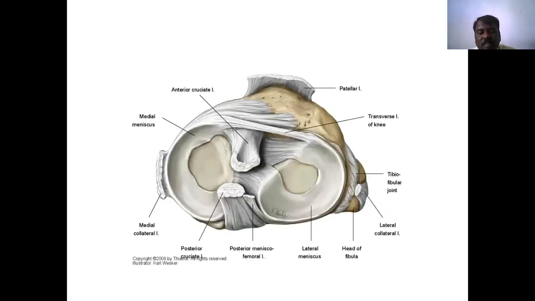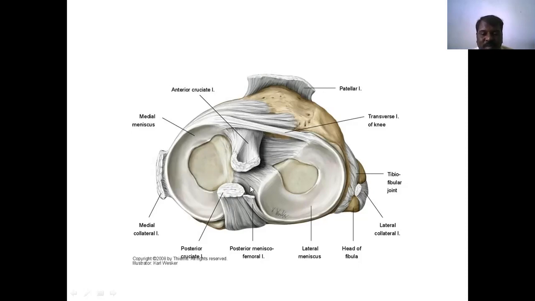See here, this is the lateral meniscus. It is rounded. It has two ends, this anterior end and this posterior end. This is the inner border. This is the outer border of the meniscus. This is the superior surface. Below we can identify the inferior surface in the lateral meniscus. This is the semilunar shape. In the medial meniscus we can identify the anterior end, posterior end, inner border, thick outer border, superior surface and inferior surface.